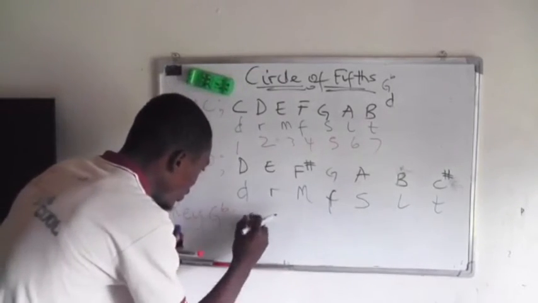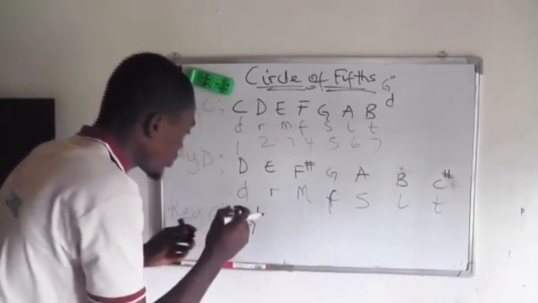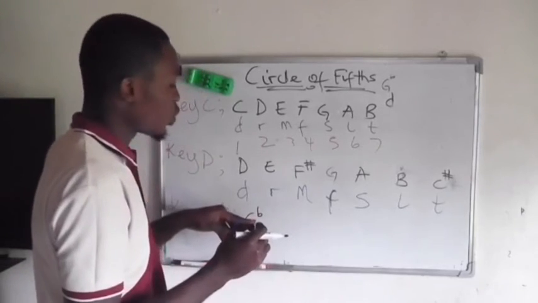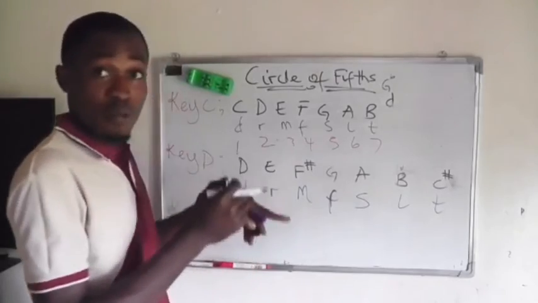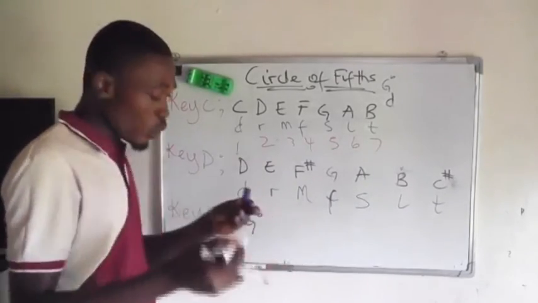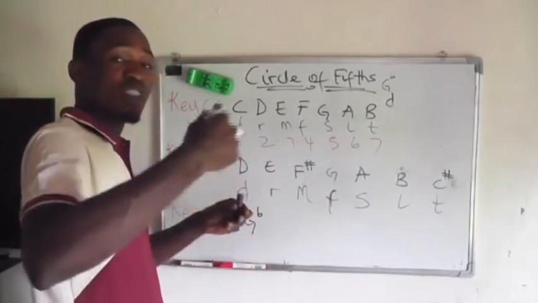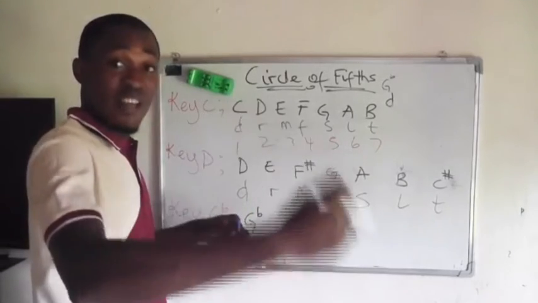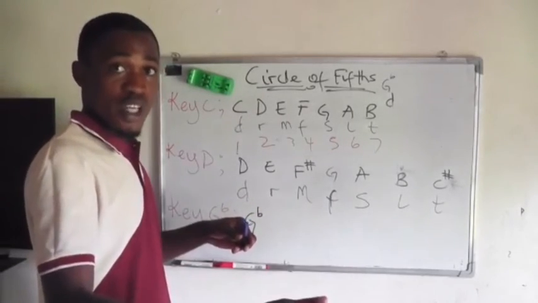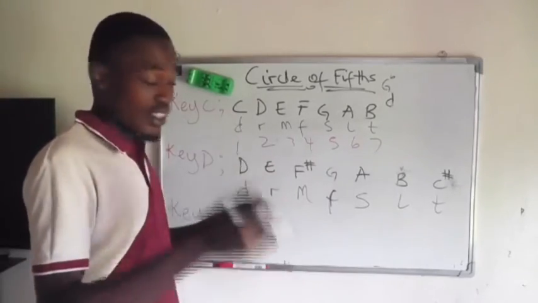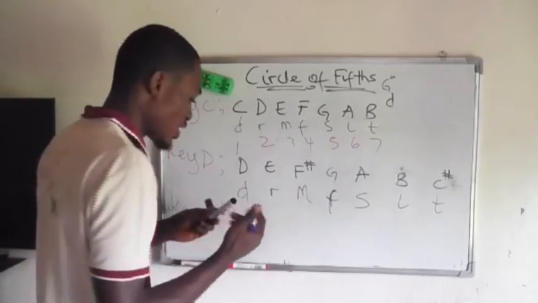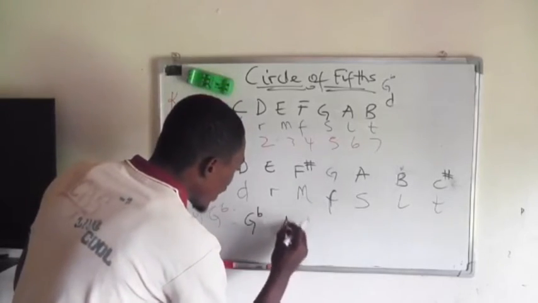Sorry. You have G flat. From G flat, after G flat is what? From G flat to A. Okay, let's say from G to A is what? It is a tone. But from G flat to what? A flat is a tone also. Do you get it? Because from G to A is a tone, then from G flat to A flat is a tone. Please check it out and you are going to understand more. From G flat to A flat is a tone.